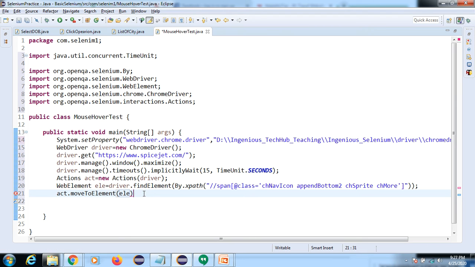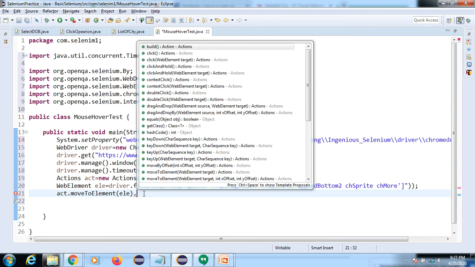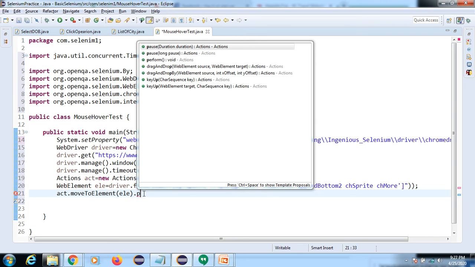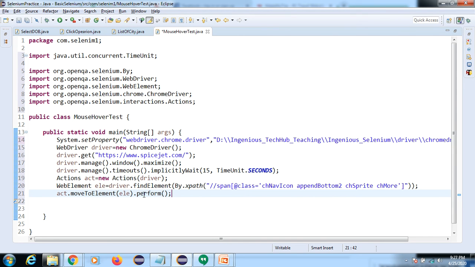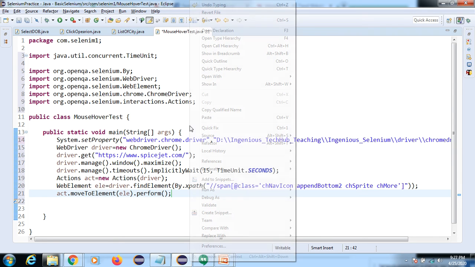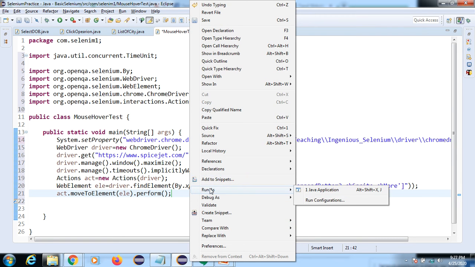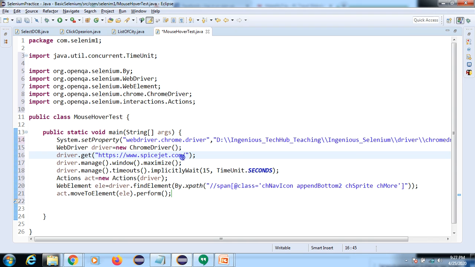And now when you are performing the mouse over event, there is one method you have to use to release that cursor. So we have one method called perform. You have to use this perform at the last. Okay, so let's see whether it is working fine or not. Oh, I did not change this URL,